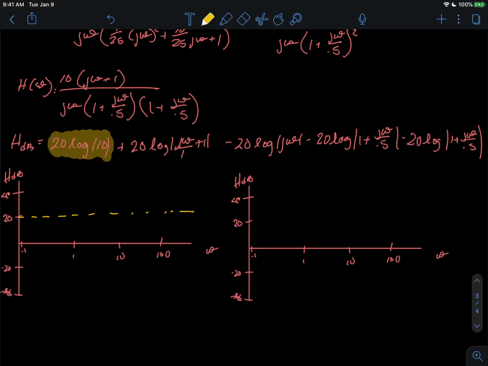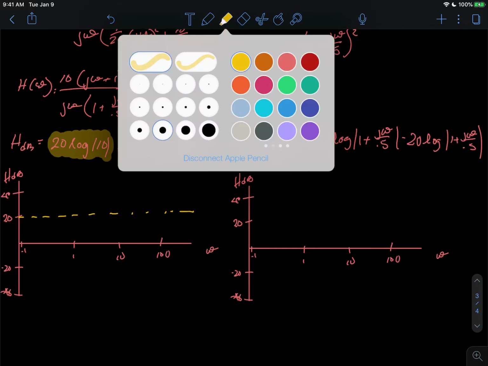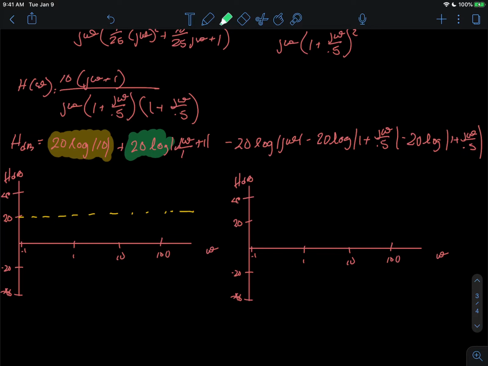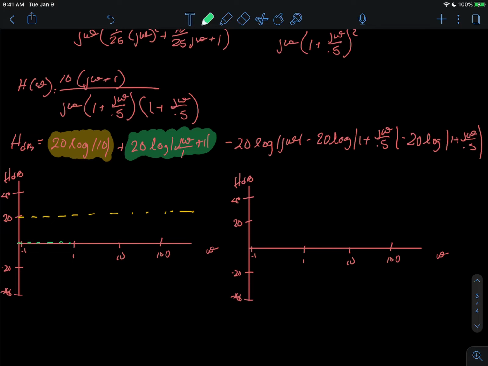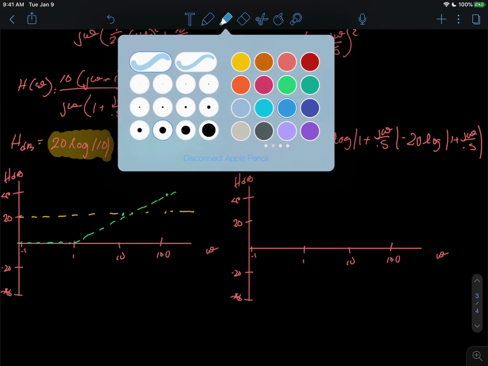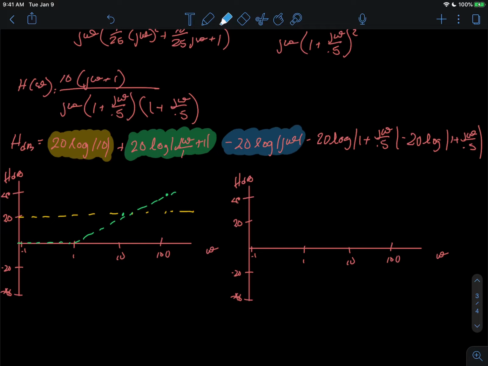And then you have 20 log of j omega divided by 1. So what that means is at 1 it starts increasing. So 20 log of j omega is going to be 0, and then it's going to increase with a 20 dB per decade slope. So that's what that would look like. So for this part right there, it's basically a linear line starting at 1 with a 20 dB slope per decade, but since there's a negative sign, it's going to be a negative 20. So you have this point right there, that point,